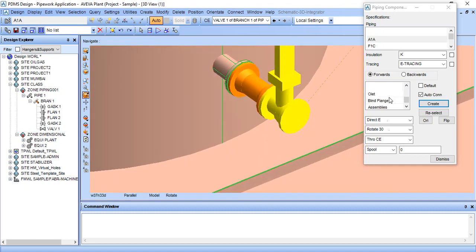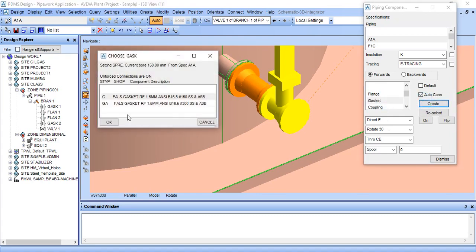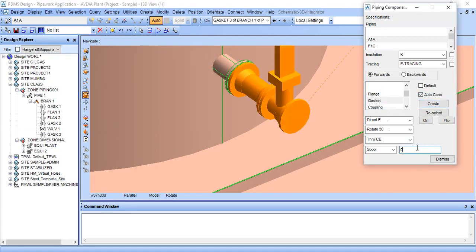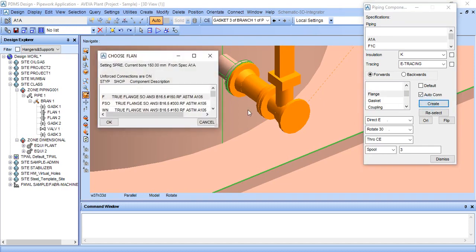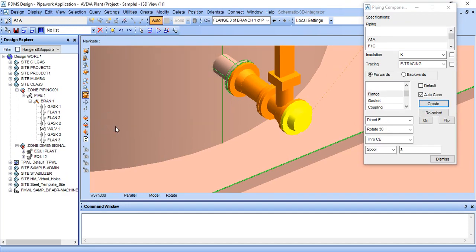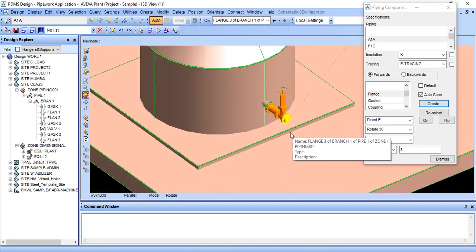Then we need a gasket, 3 mm. So the gasket is created. It is forward. If you are doing it backward, it will move upside. So it is forward. That's why it is moving in the downward direction. After the gasket, take a flange, weld neck. Okay. It is created.